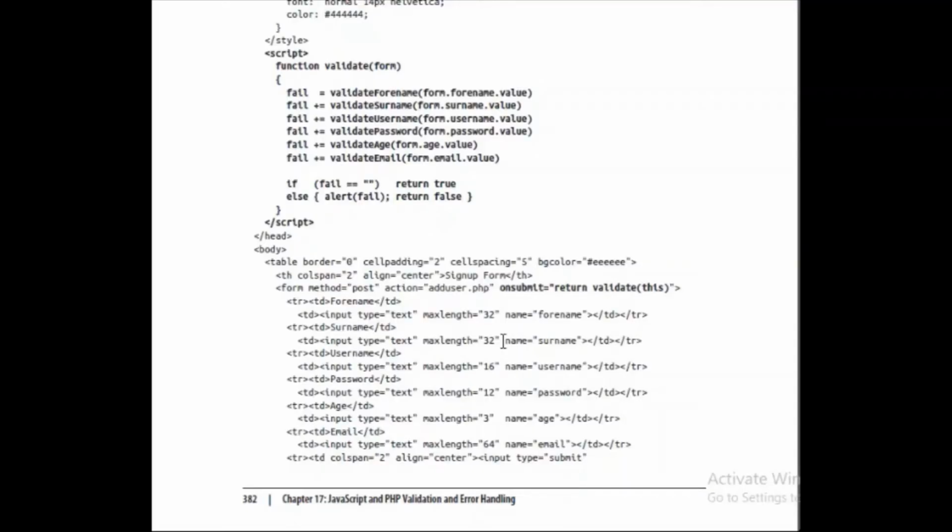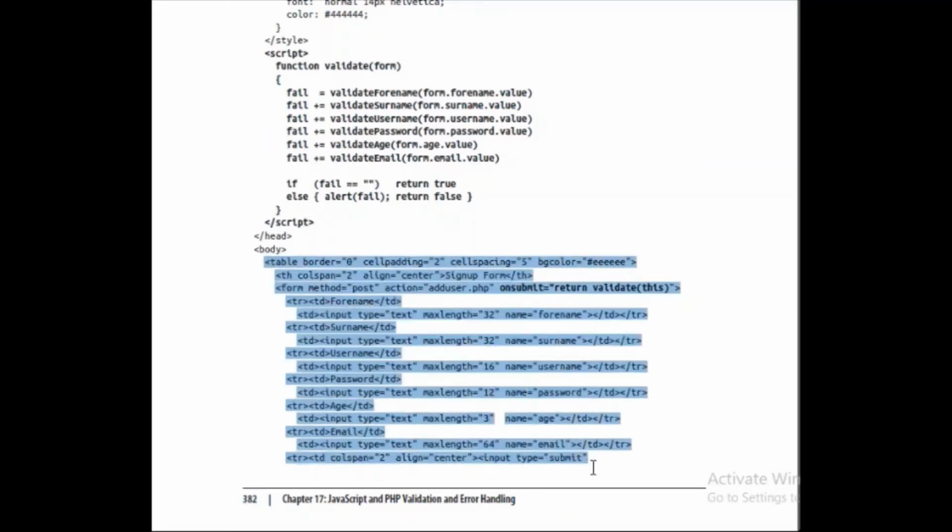So let's get started. Whenever you sign up or create a form, you always see that if you enter some numeric values in your first name, they give you an error to write a correct value, or if you give any character in the phone number, they ask you to enter a proper phone number with digits only, and so on. That's form validation, and this is a simple code given on page number 382, as you can see here. First of all, I'll tell you about all of this.